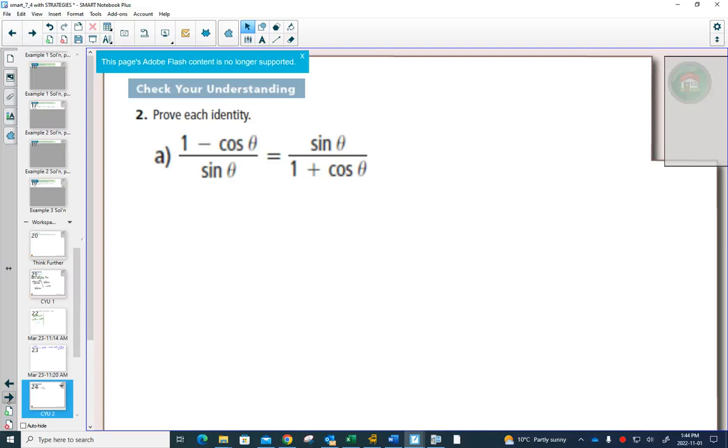I want to show you this one because all of your main strategies do not work whatsoever. Main strategy number 1, change to sine and cos. It's already done. Main strategy number 2, write both sides as a single fraction. It's already done. Okay? So in this one, I am going to introduce you to a new strategy, which I call